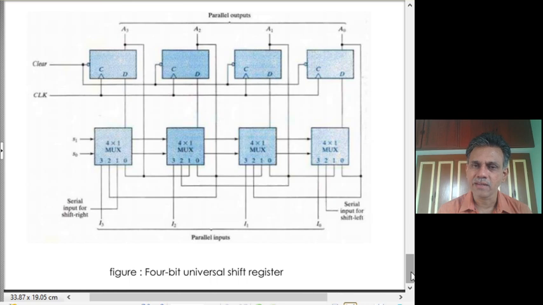In the next lecture onwards, we will look at counters, wherein we will make use of a register and make it go through different states, each of which can be interpreted as a binary number, and we will allow them to go through a state so that they count the number as they move from one state to another. So those are called counters. We will look at it in the next lecture onwards.